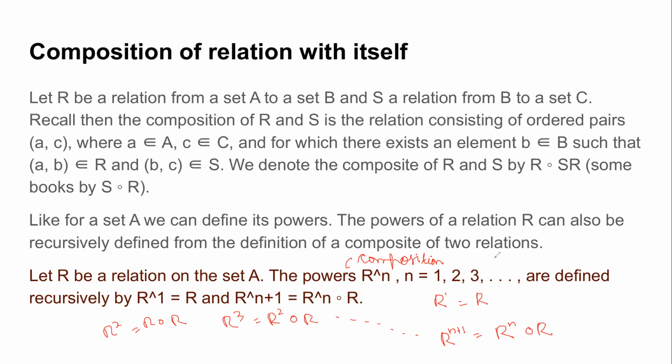Okay, so now the question comes, how will the elements of R look like? Assuming it's a binary relation. Are they single elements? Are they a pair? Are they a triplet? Are they an n tuple? How do the elements of R look like? Very good. It is an ordered pair. Excellent. What about R square?